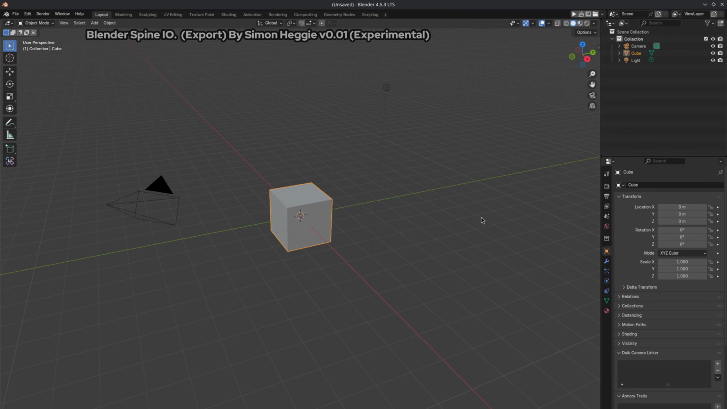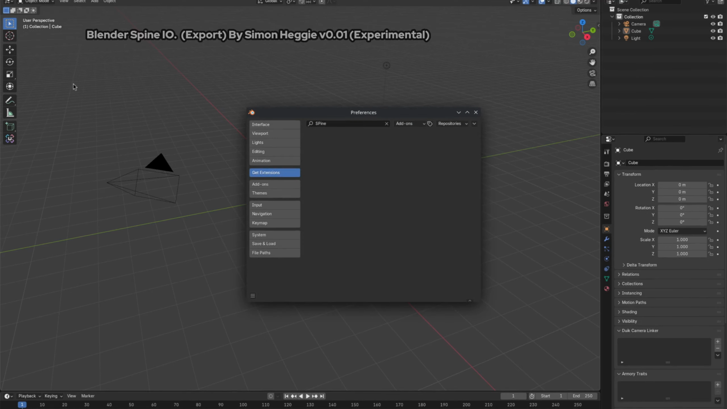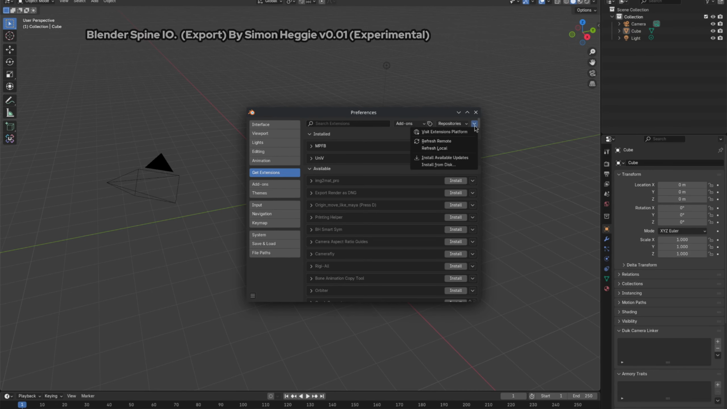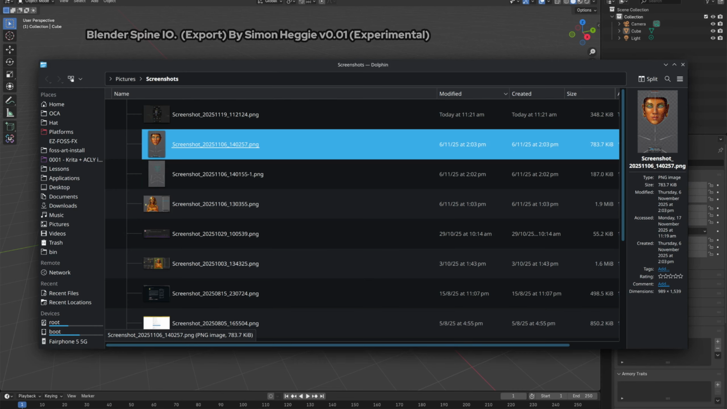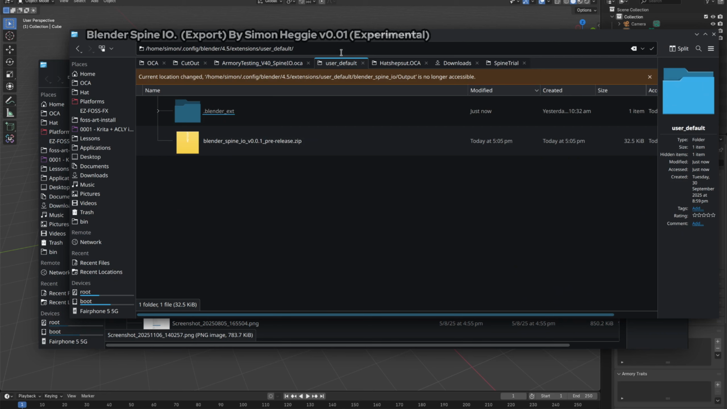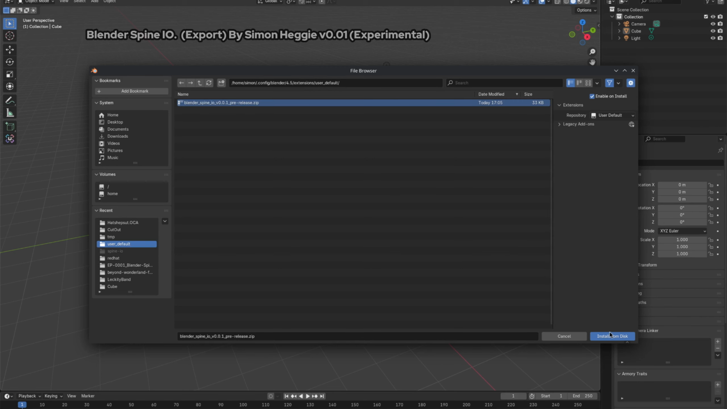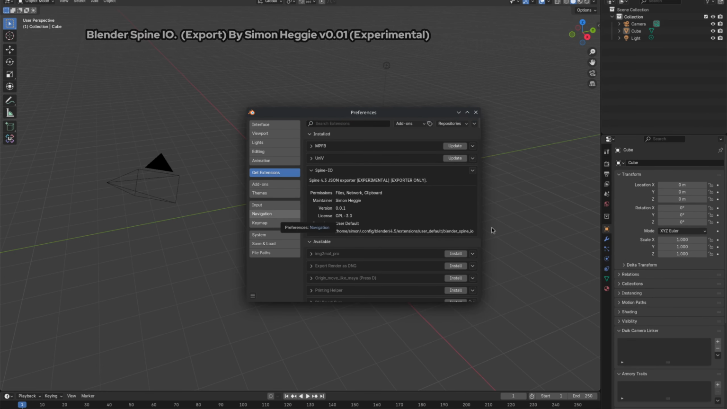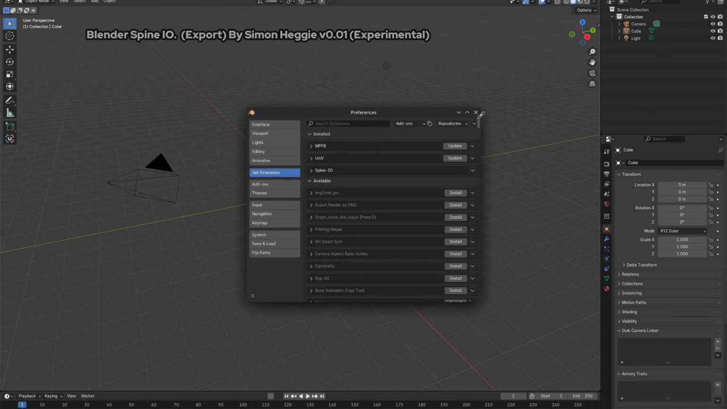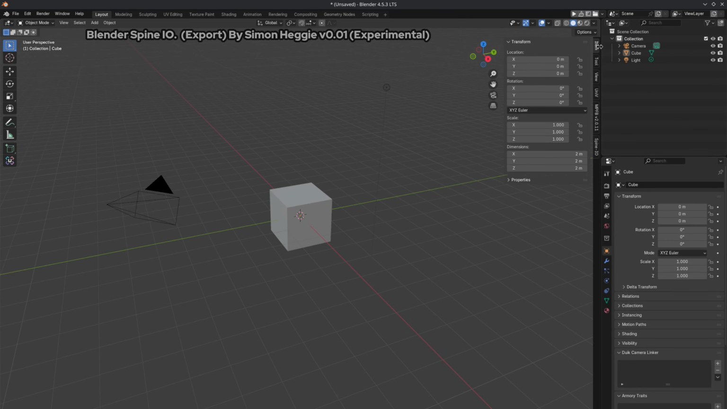You can then install the add-on by going to Edit, Preferences. And from Add-ons or this Get Extensions tab, click this drop down on the right. Install from disk. I just need to go and copy the path from the other folder, paste and enter, select the zip file and hit install from disk. It's installed successfully. Let's make sure it's all there. There's the menu,